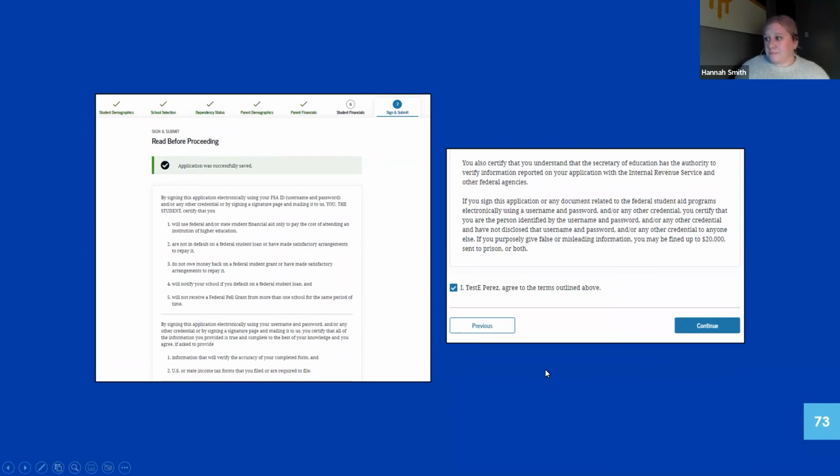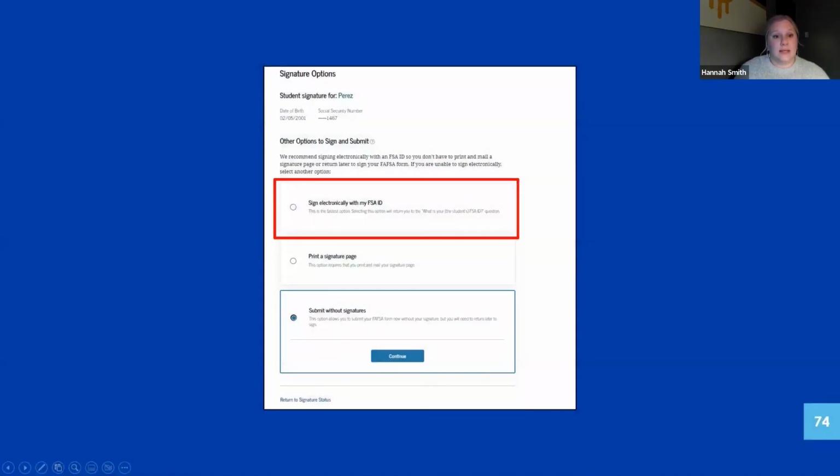And this is what's going to happen if you are purposefully lying on this form, things like that. So you're going to acknowledge those terms and conditions, click continue, and then you'll have the signature options. If you're logged in as the student, when you go into the form and you fill out the form under the student FSA ID, they're going to acknowledge the terms and conditions, and then it's automatically going to electronically sign for them